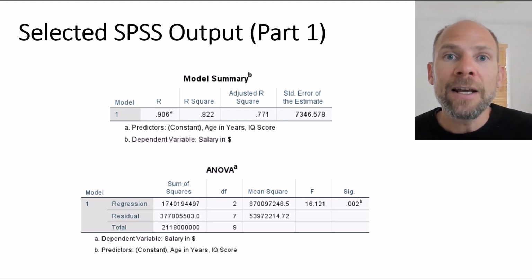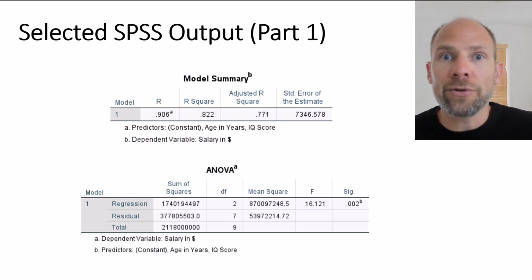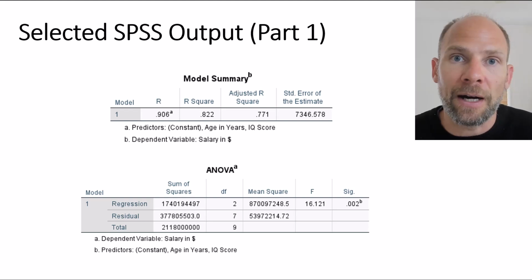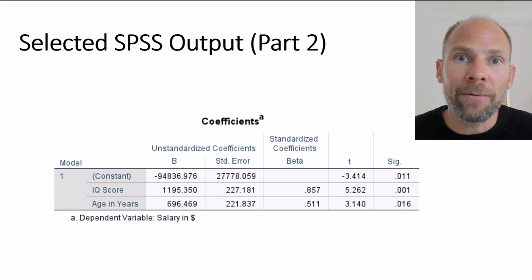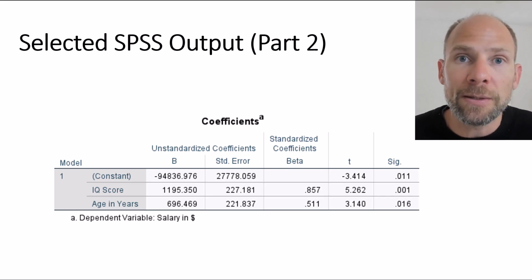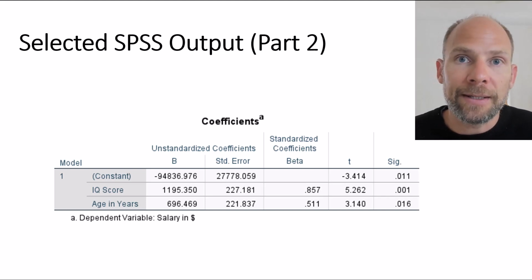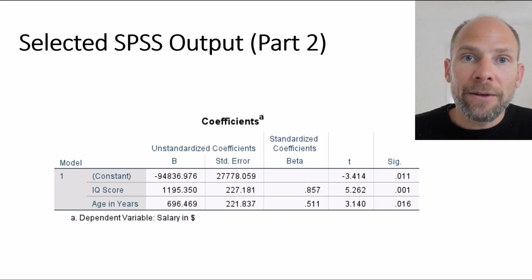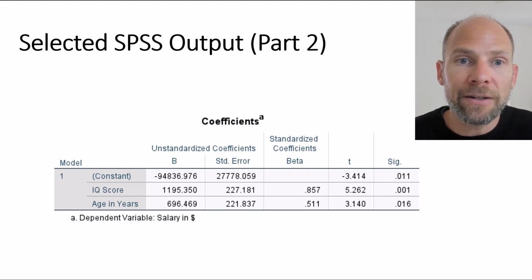Now, after that, we typically also want to find out which of the predictor variables contributes to this significant R squared value, and we find that out in the next table, where we get our regression coefficients as well as their standard errors, t-statistics, and p-values. In the first column here that SPSS labels unstandardized coefficients B, we obtain first of all our intercept B0, which here is negative